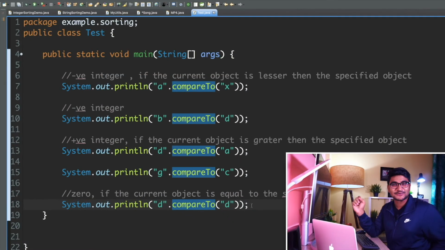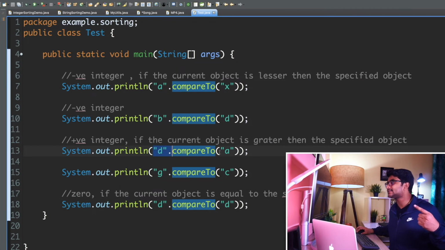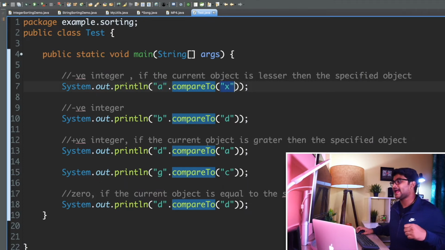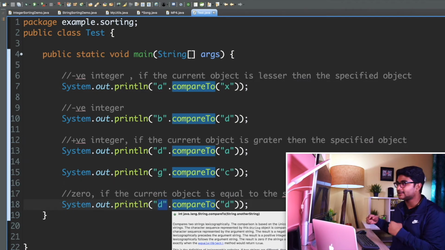Okay, so this is pretty simple, right? Our compareTo method is returning 3 kinds of number. Might be a positive number, might be a negative number, and might be 0. It is returning positive if the current object is greater than the object that we are comparing to, just like this particular scenario. It is returning negative if the current object is lesser than the object that we are comparing to. And if both the objects are the same, the current object and the object we are comparing to, then we are